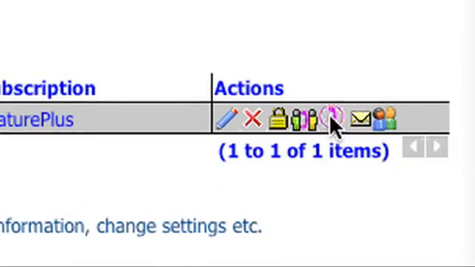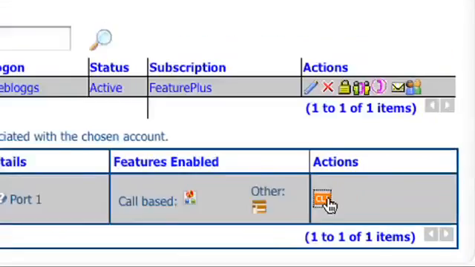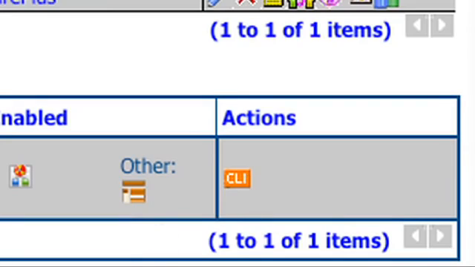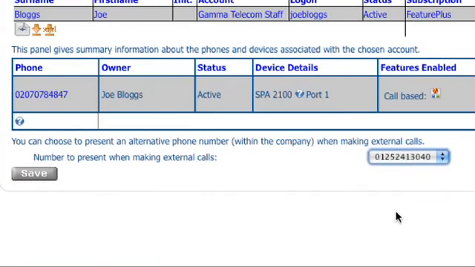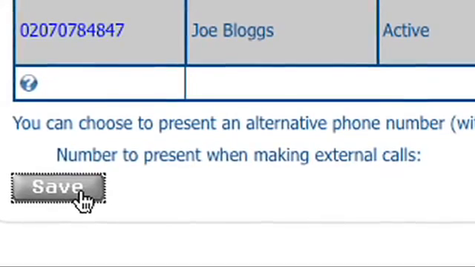Here, the administrator can change the number that a user presents. As a business, you may want everyone to present the same number, your main office number. As the administrator, you can press this icon here to activate alternative phone number presentation. You can then choose from any number within your company's account. So whenever that user makes a call, the number the administrator has selected